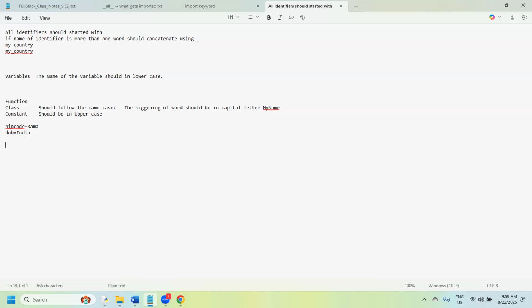And one more thing is, in Python we don't have a limit to the name of a variable. But for example, if you keep the name of the variable very long, like hundreds or thousands of characters,